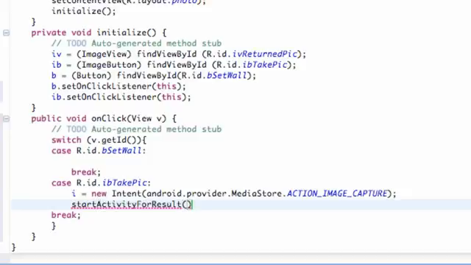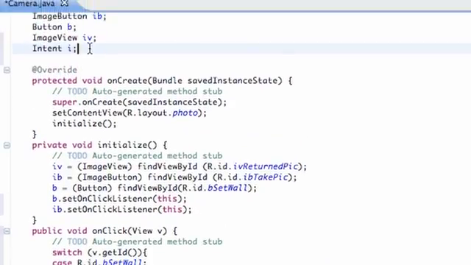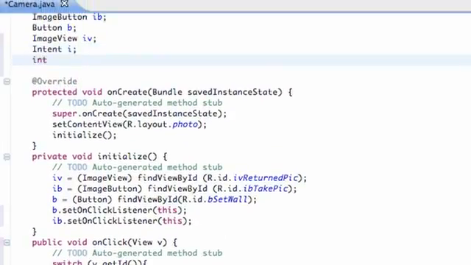And then within the brackets, we're going to set up our intent. And then we're going to hit a comma and set up a variable that's going to collect the data. And it's going to be an integer type variable. So we're going to call this variable cameraData. Since we don't have a variable yet called cameraData, we're going to set this up above our classes. So we're going to say int for integer, cameraData, and we're going to set this equal to 0, and you guys also need to say final static,